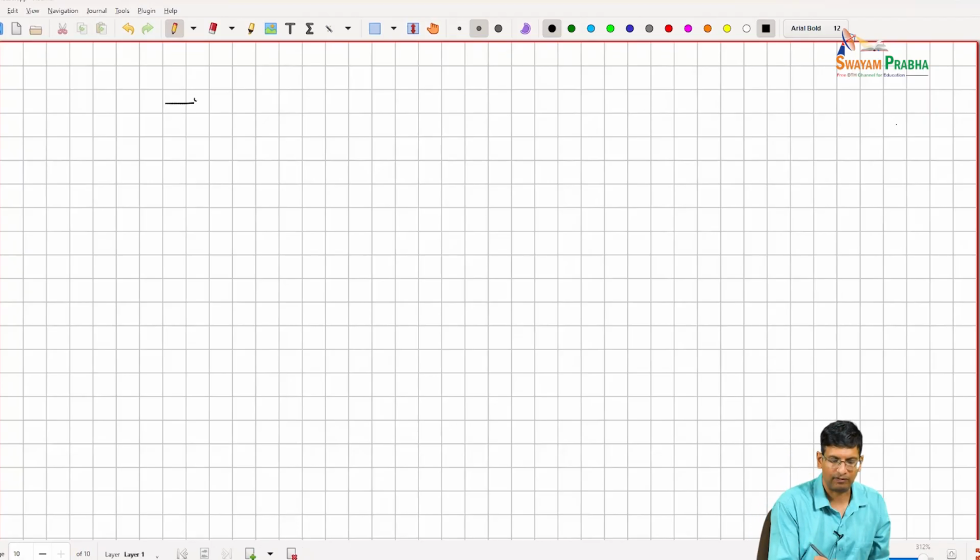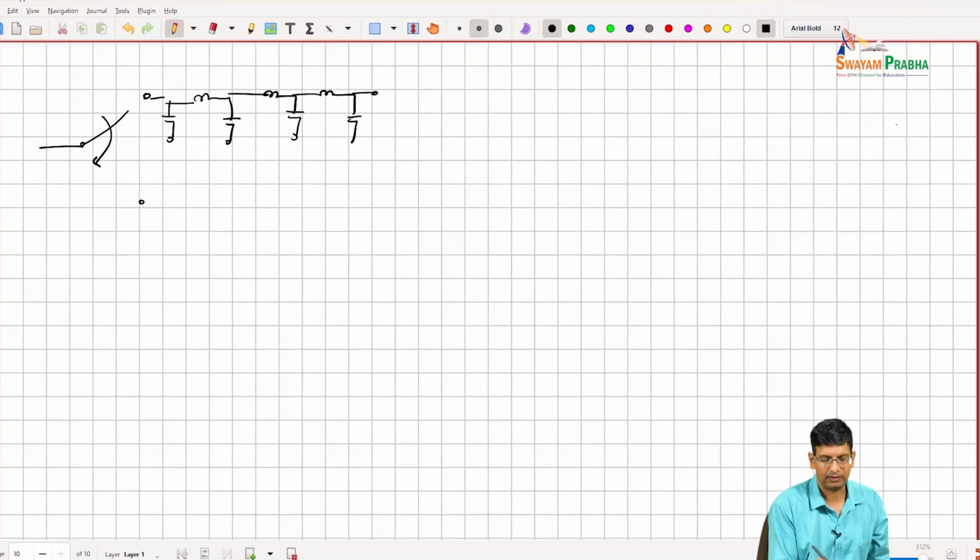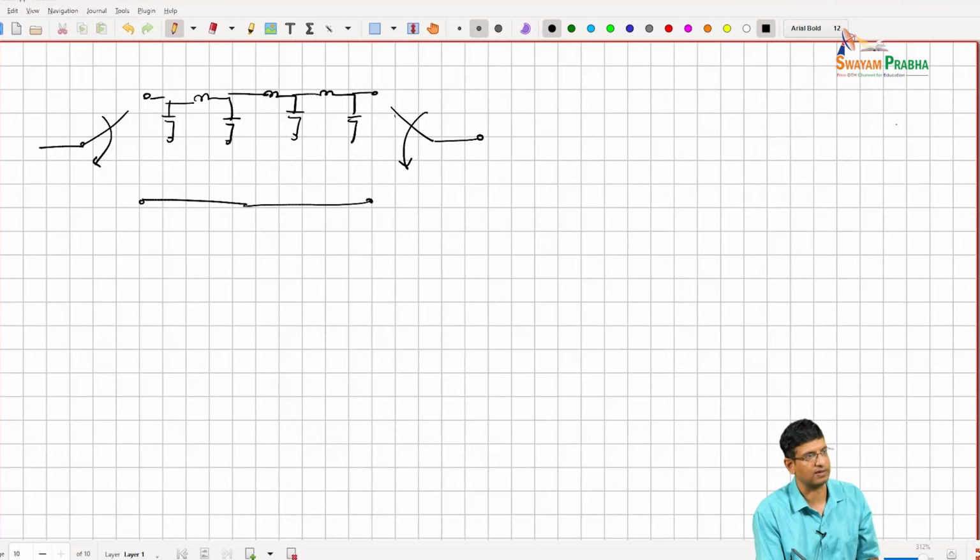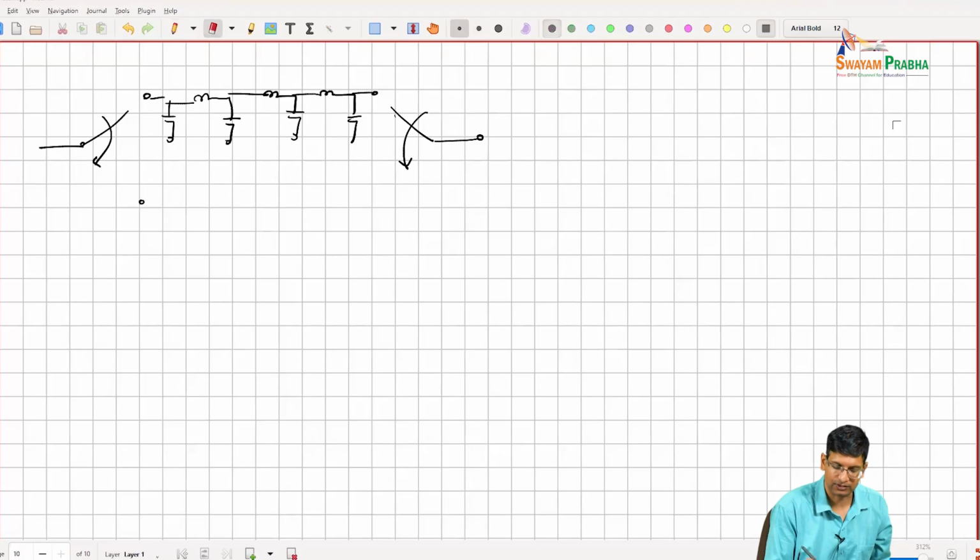So instead of having 1 pi section, I can make 2 pi sections, right, or 3 pi sections, right? And then have a switch that decides between this path and maybe something that is just going through, right? That works as well. Though typically what you will try to do is maintain some symmetry between the paths, right? So you'll make this low pass and you'll make the other section high pass. So you'll do something like this,